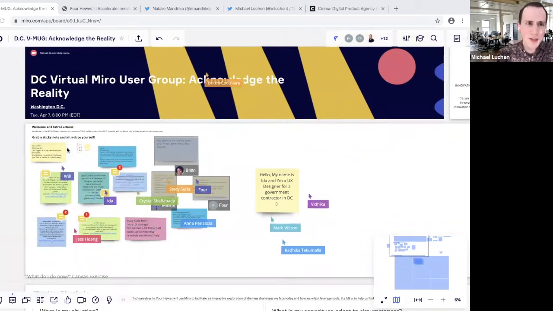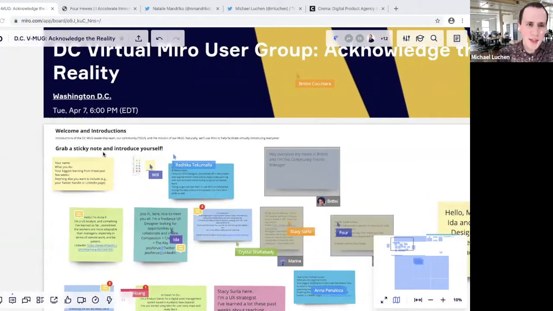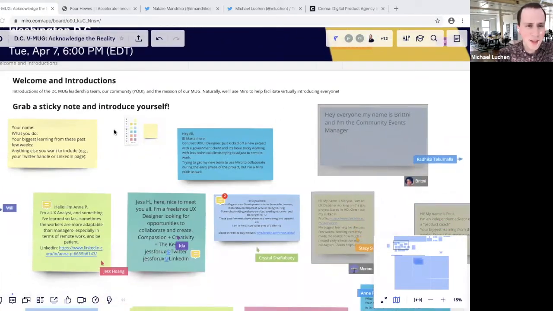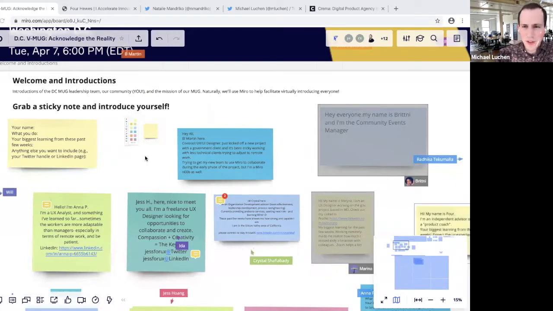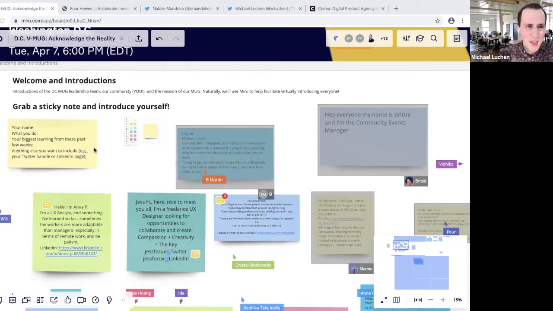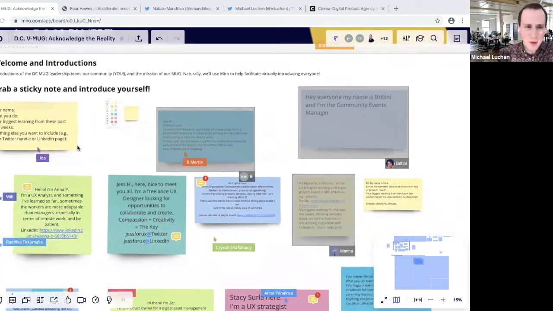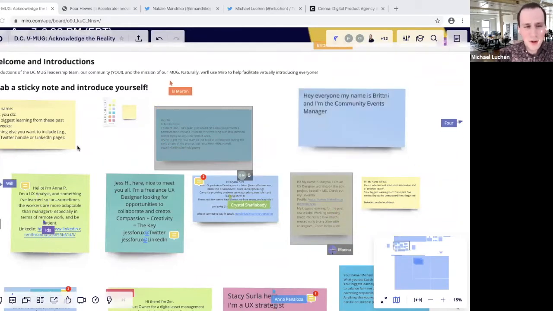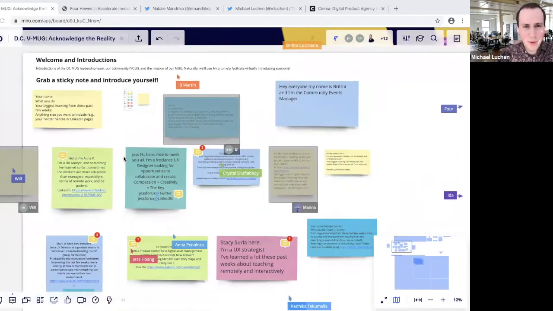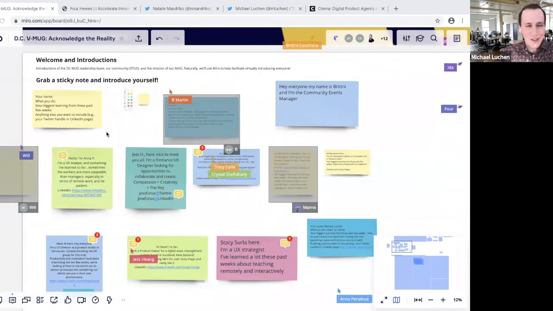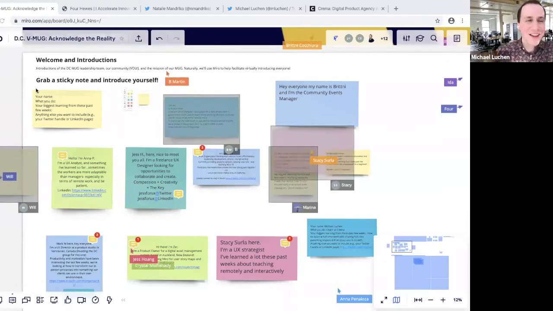What we're doing in this Miro board is adding welcome and introductions. Over the next 10 minutes or so, or just until we kind of slow down, grab a sticky note and introduce yourself. We'll go over introductions between myself and the other organizer, Natalie, as well as our speaker, and talk about our sponsor before we formally get started. But this is a good way so we all get in and have some light, socially distanced networking.